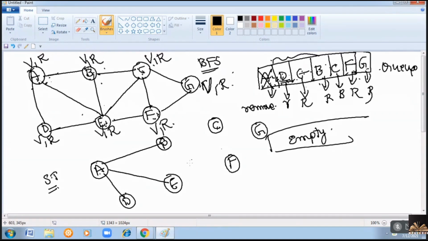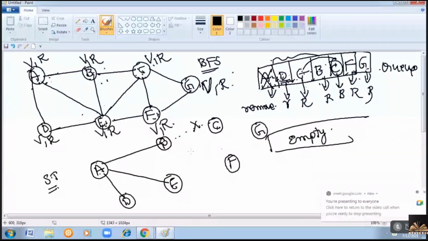So next, when I consider E, I have inserted C. This E is inserted with respect to... See, C is adjacent to B also, but you cannot use this. Why? Because when you consider E as your vertex, you have identified this C as the adjacent vertex to E. Therefore, you can use this edge.